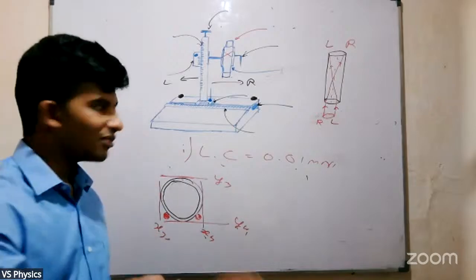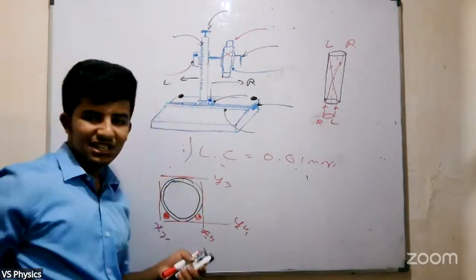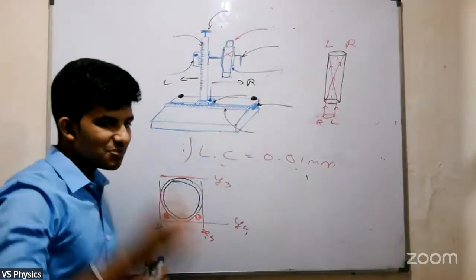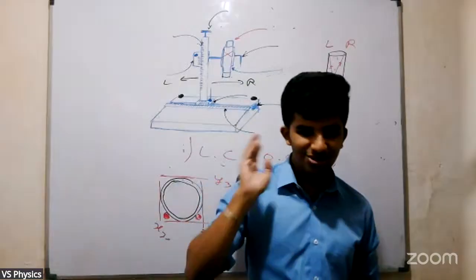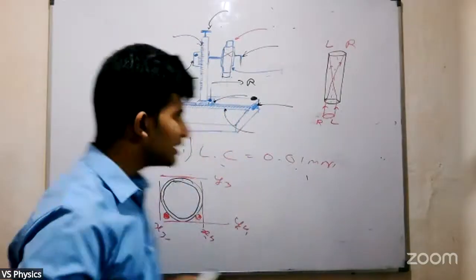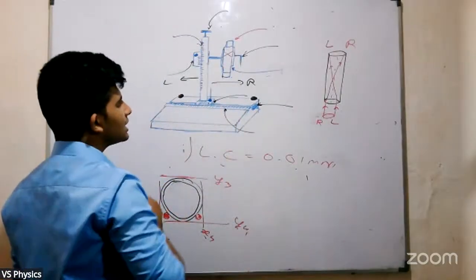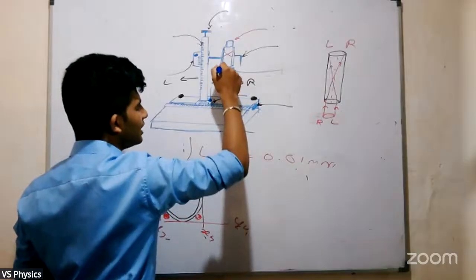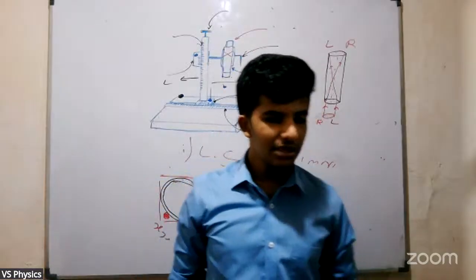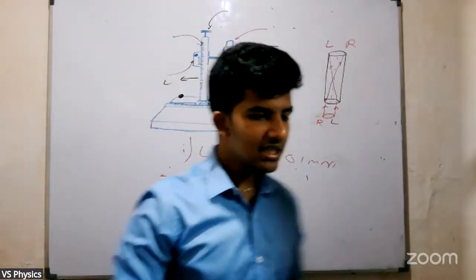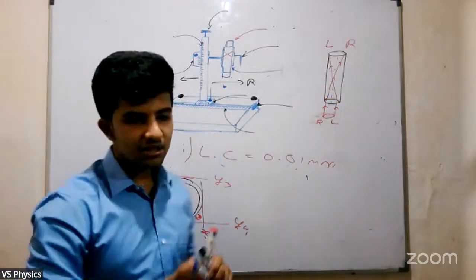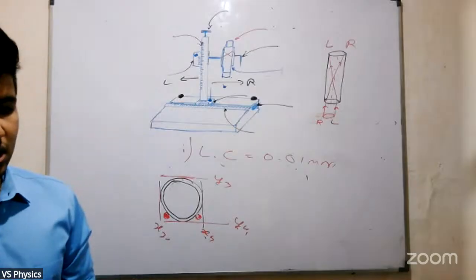No, this is not the telescope you get in a spectrometer. This is a microscope. In a spectrometer, we get a telescope. Those two do two different things. This will enlarge an object placed here and send it out. What does the spectrometer telescope do? It takes an object from infinity and converts it to the